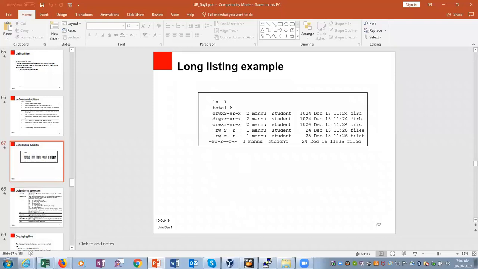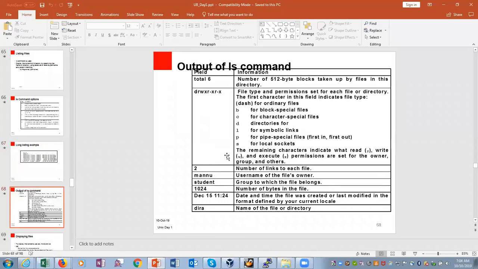Here is a listing of ls -l, how it looks. Here is the explanation. Total 6 fields. The file type and permission set for each file or directory.